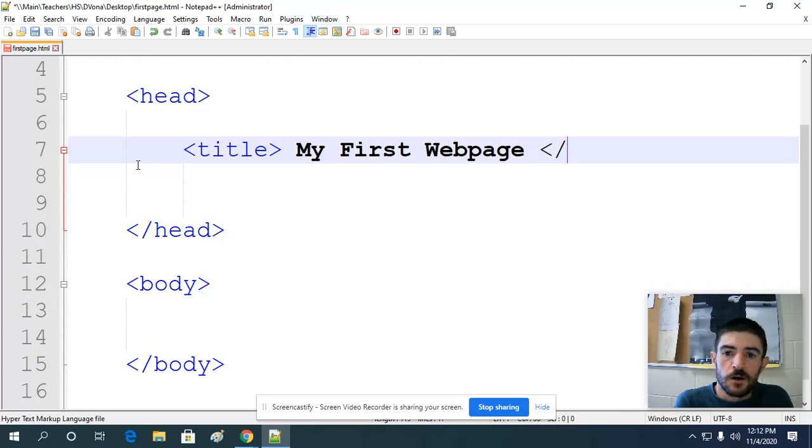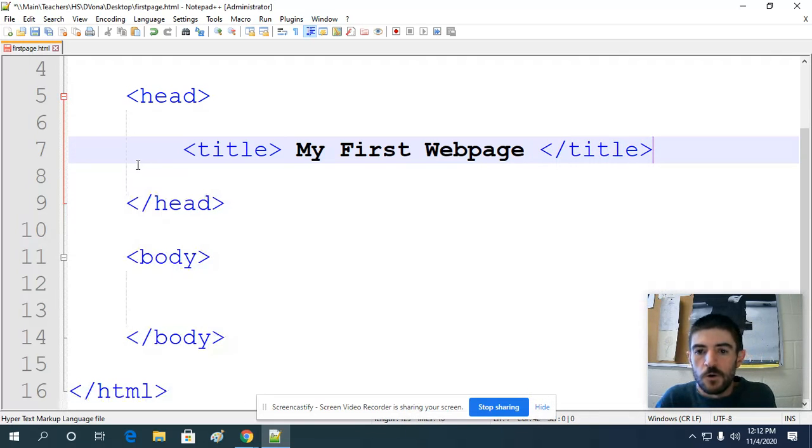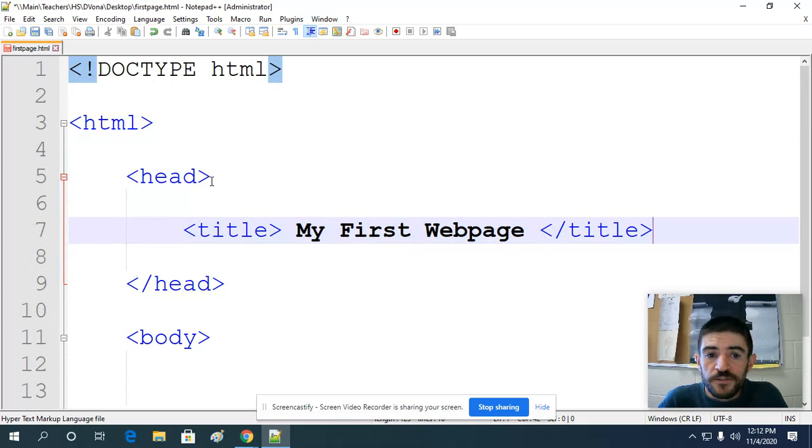And then I'm going to close my title tag. Right, so now I've closed my title tag. Now, if I want to see what this actually did, the first thing I have to do is save my file. So you'll know whether your file is saved by whether this disk icon right here is red or blue. When it's red, it means you've made changes and you haven't saved it yet. Once you hit save, it'll turn blue, and then you know that the code that you have is the currently